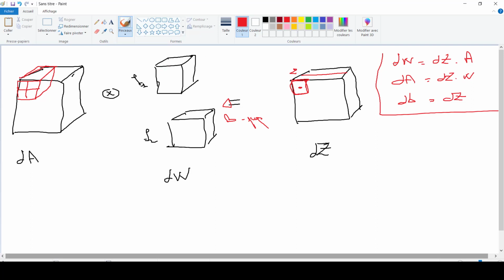Now for the backward propagation, we have dw, so this is my w. I'm dealing with just one feature, and then I'm going to loop over the 2 features. So dw is going to be dz, so this is dz, times A, which is this slice of A. Here I have the numbers, and I'm going to fill my dw.